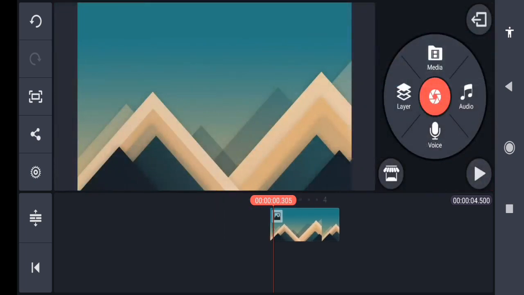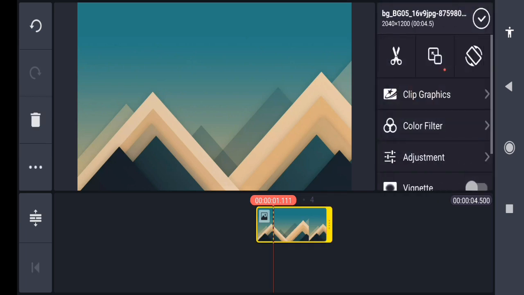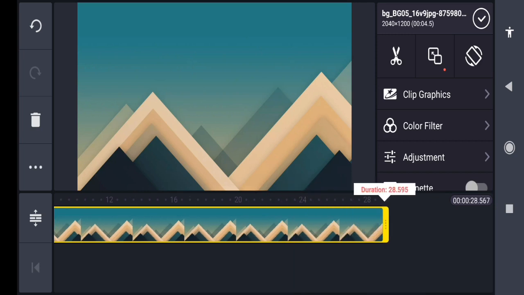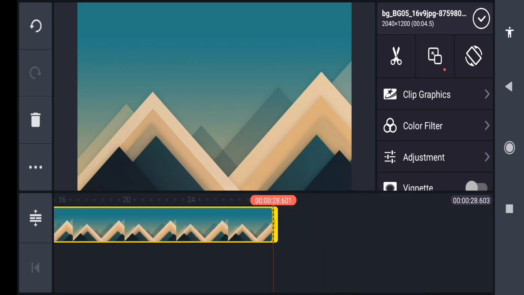Now dear friends, the background or the clip you have inserted here, you can extend this. How so? Just click on this. You will find the red colored border. Now you can increase the length by pressing one end. The background length can be increased, up to any length or any distance you want.